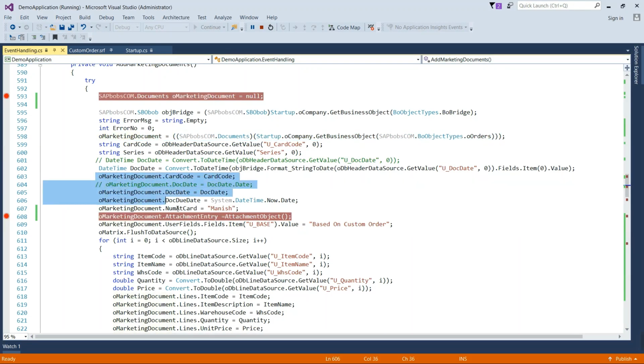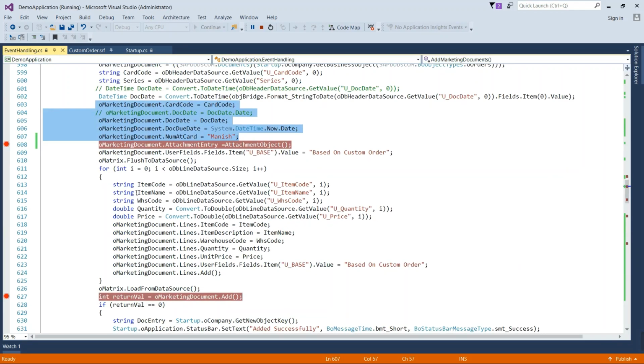Here you can see card code, doc date, doc due date, num at card, and similarly we will set the attachment entry. After calling this attachment object function, basically this function creates the attachment object and returns the AbsEntry, and that particular AbsEntry will be set to the attachment entry property of marketing document.